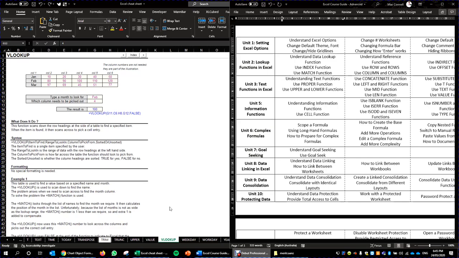Now, the most common problem that you may be aware of, you may not be, is the difference between a VLOOKUP and an index match. Most people at this level are familiar with the VLOOKUP. They know how to do it. Most people are familiar with the index match. Some people don't know how to do the index match. Some people know how to do both, but they still use VLOOKUP out of habit because that's generally one of the first formulas that they learn in the workplace. I'm going to demonstrate to you why you need to forget the VLOOKUP formula right away and just get in the habit of only using the index match